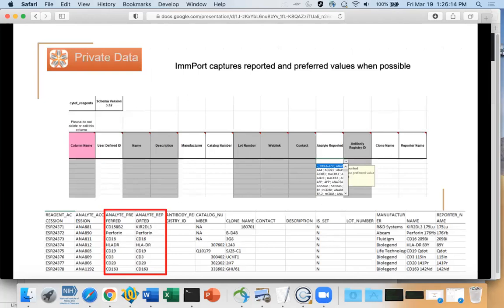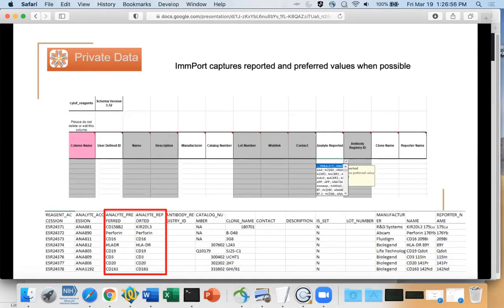So one of the things ImmPort tries to do is harmonize our data. Here we see we have our preferred vocabulary. This is a reagent template for CyTOF, which is a kind of flow cytometry, and we have a list of hundreds of analytes in the preferred vocabulary list. We have a lookup table that we update when needed to add new terms here, and then on the bottom, what you see is a shot from our shared data,